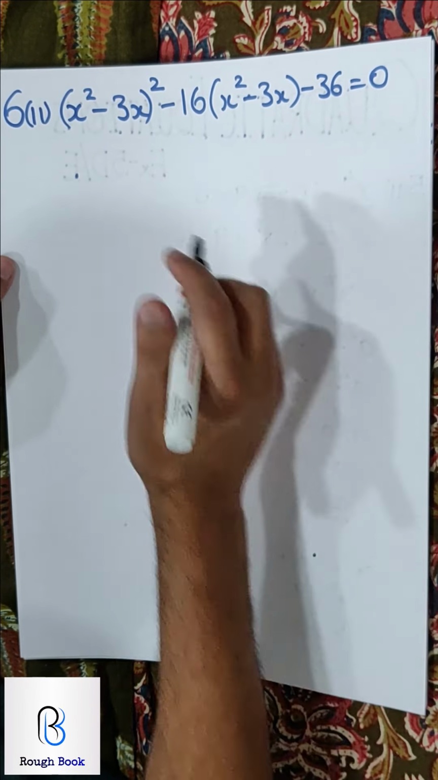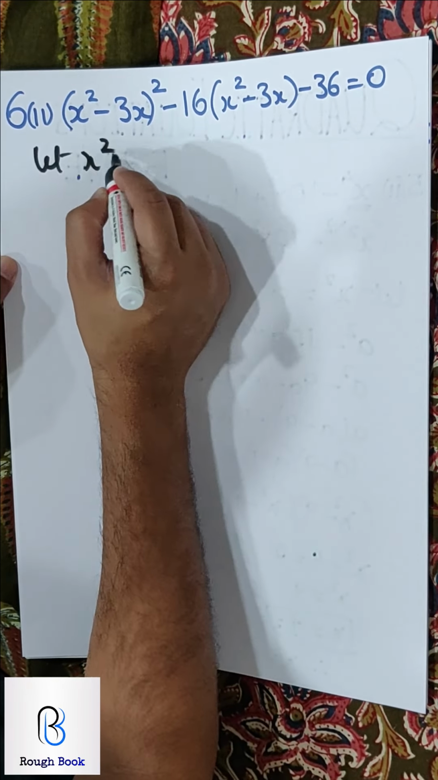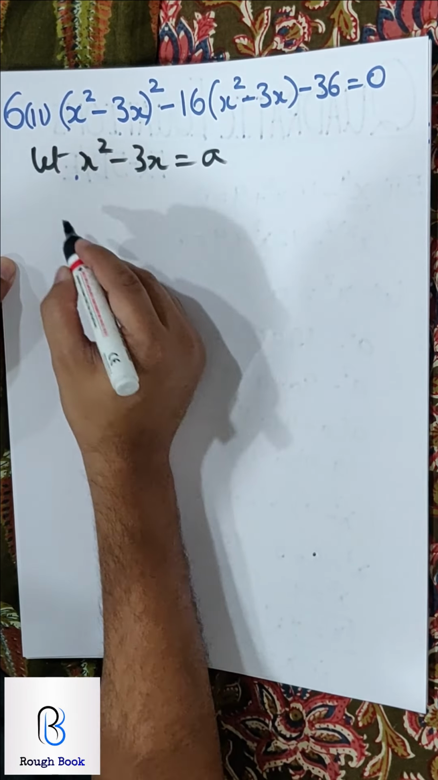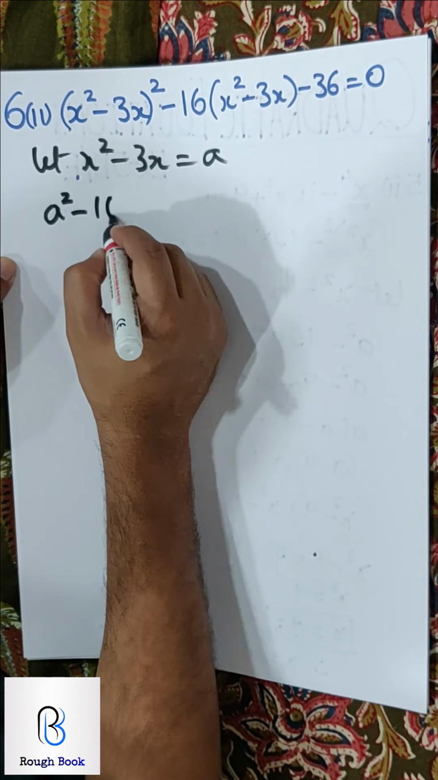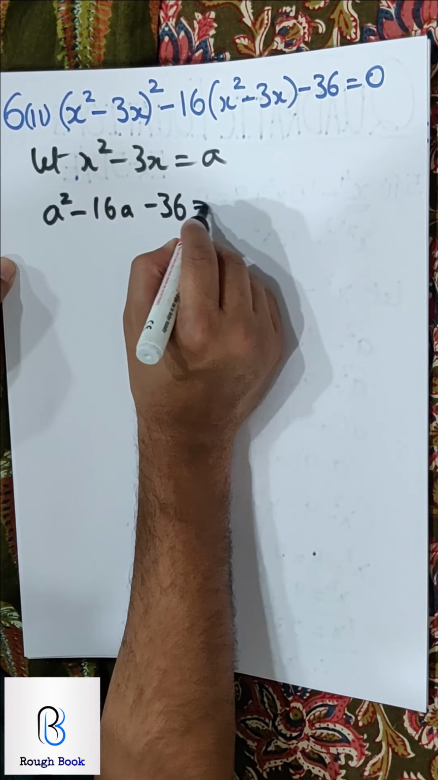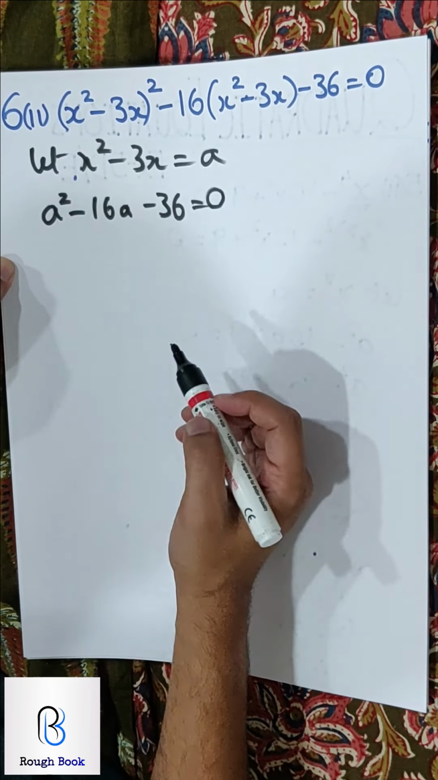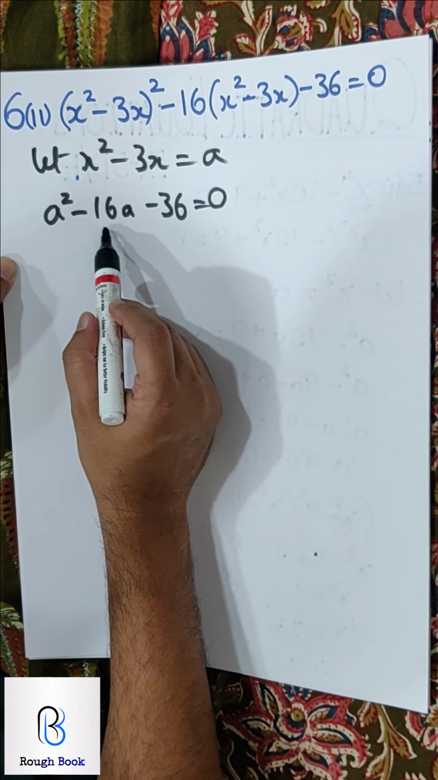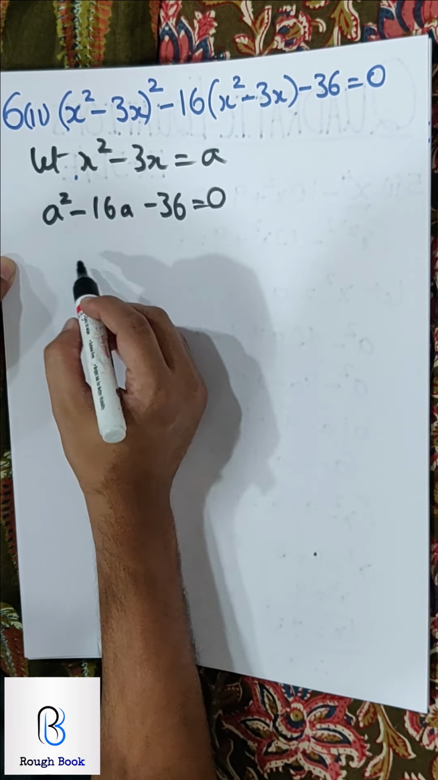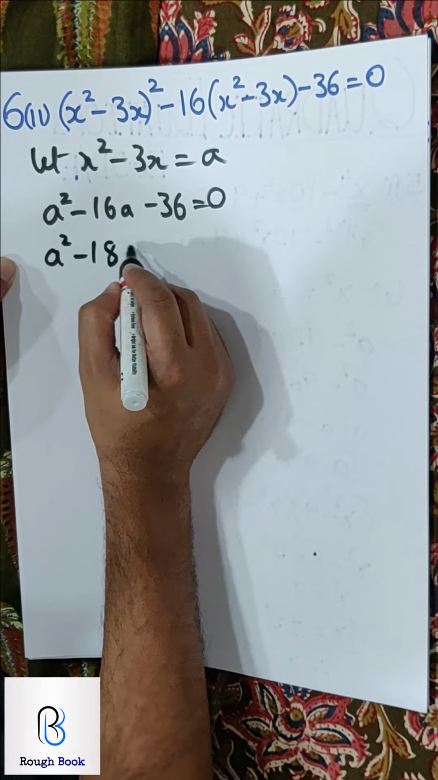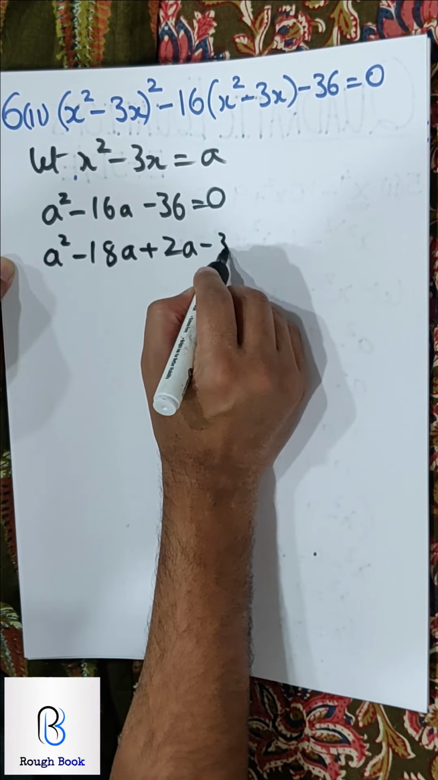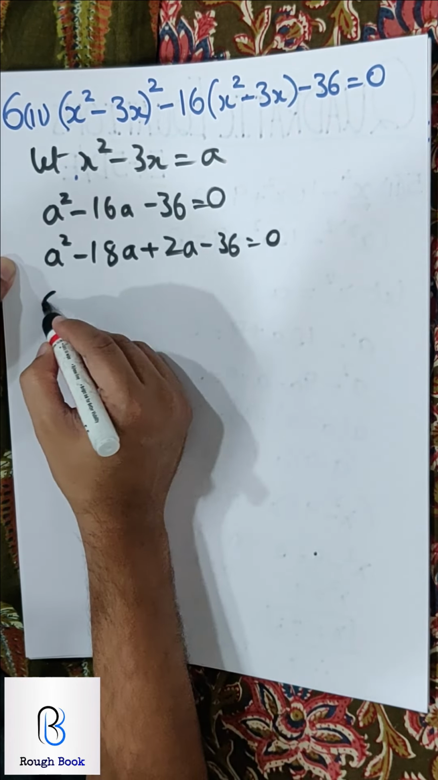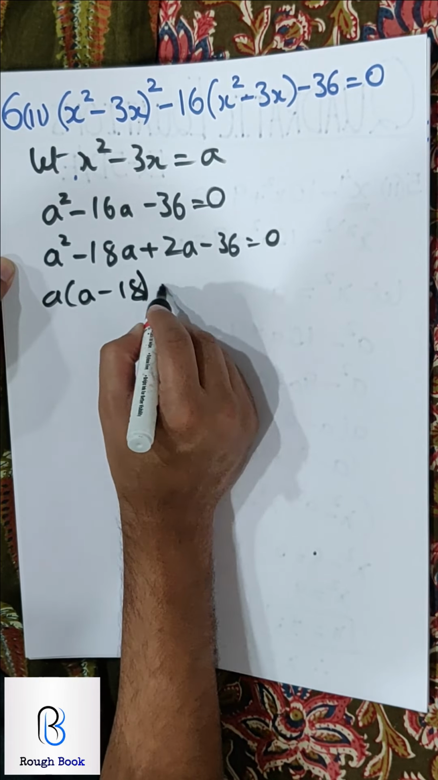6 part 2. So we say let x square minus 3x be a. So a square minus 16a minus 36 equals 0. So 36, what will be the splitting factor? If I take 9 and 4, it will not work. Probably 18 and 2. Yeah, that's correct. How many got this on their own? Superb. Splitting or factorizing it further,